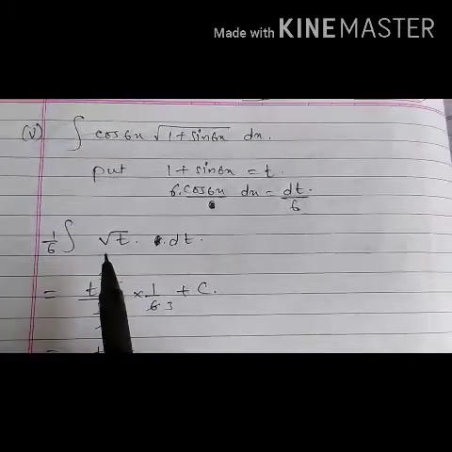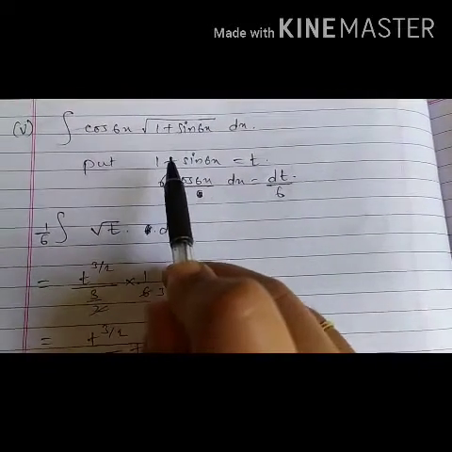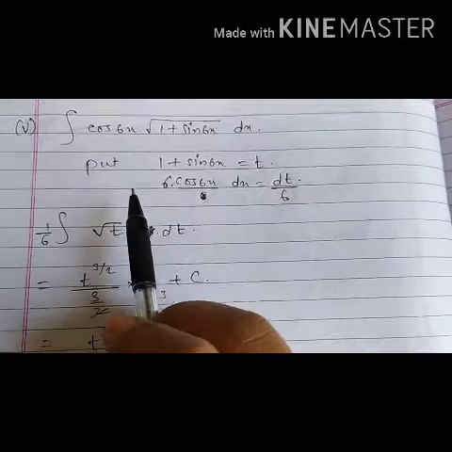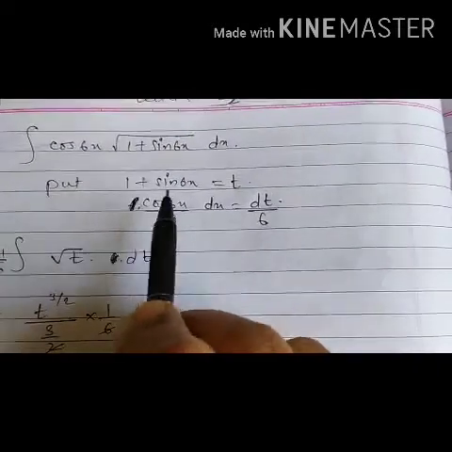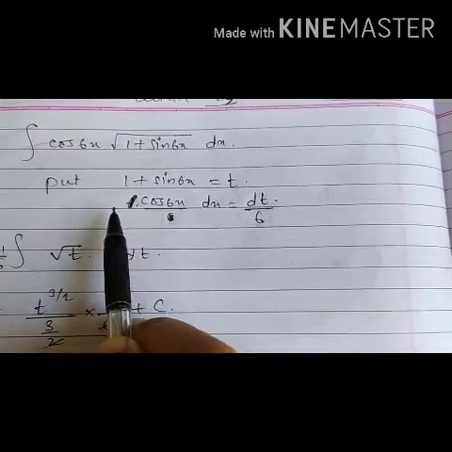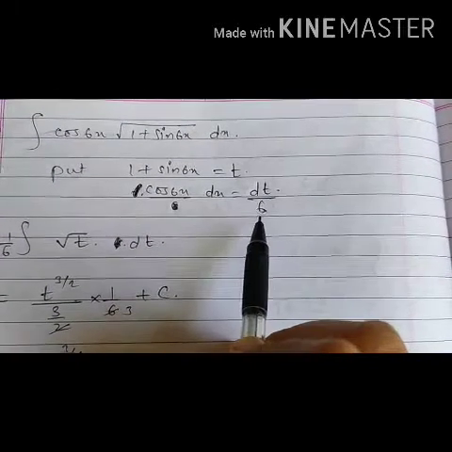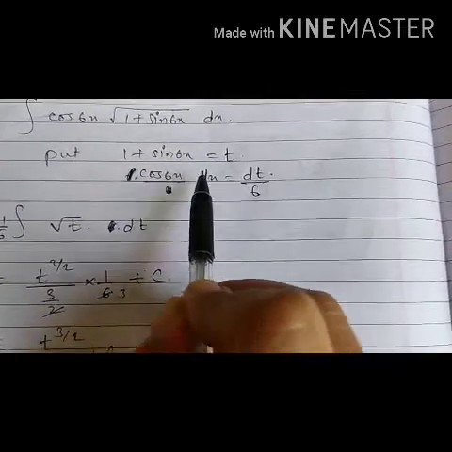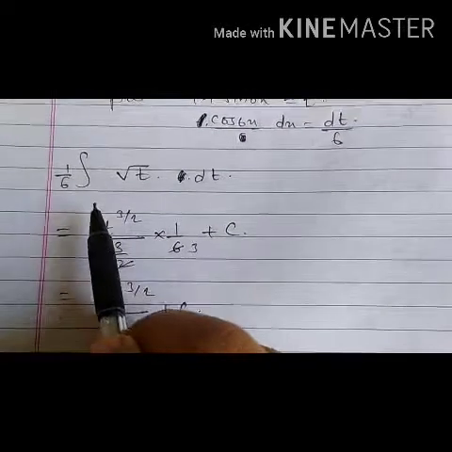We'll see now the fifth example. Integration of cos 6x into square root of 1 plus sin 6x dx. Now here we'll put 1 plus sin 6x equals t. Differentiating on both the sides we are getting cos 6x dx into 6. So 6 will take to the right hand side, it will be dt by 6. So we'll put cos 6x dx as dt by 6. So we are getting 1 by 6 integration of